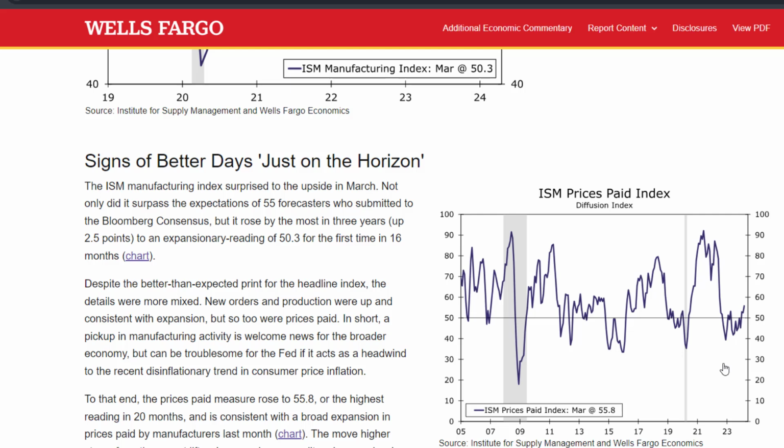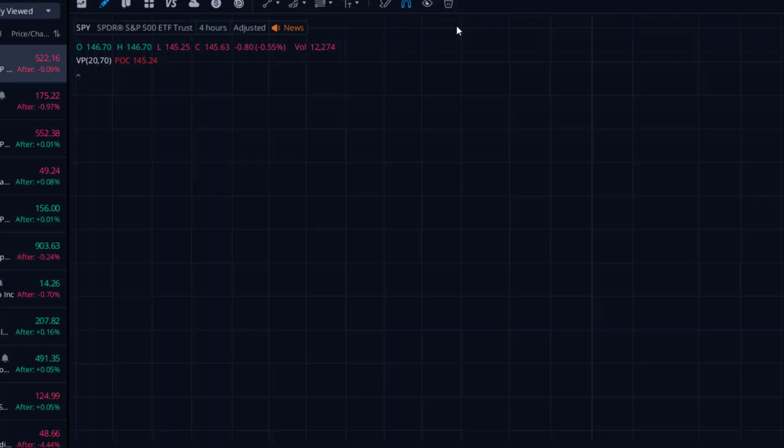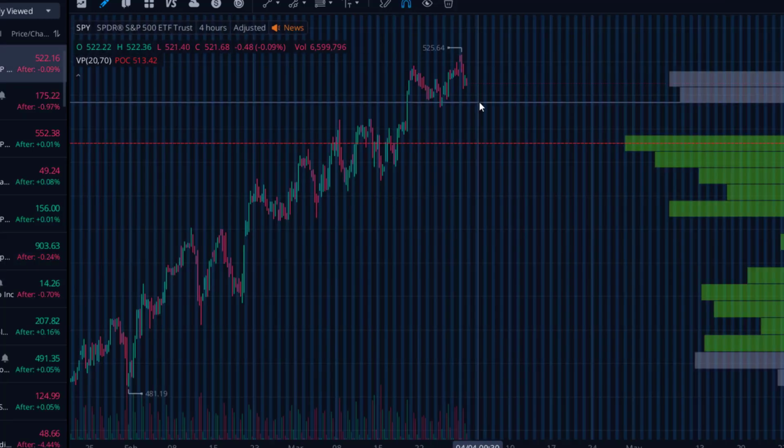If I make pies, and I used to be able to make pies for $5, but now it costs me $10 to make pies, well, unfortunately, I'm going to have to pass that cost on to the consumer. And so when we take a look at the broader markets, let's toggle over to the S&P 500. Well, that's essentially what's causing the worry in the market. So we saw prices go up when we saw people worry that it might make it harder to lower inflation.